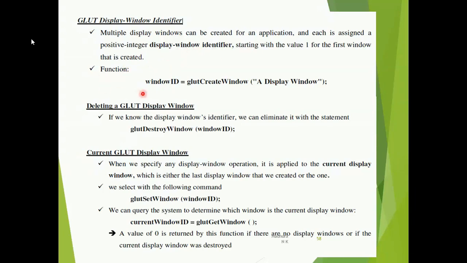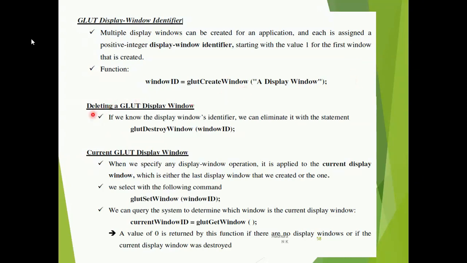That is the window ID here. It is used to identify which window you are currently using. It is equal to glutCreateWindow. Within the bracket you write the name or title of the particular window being displayed, and that is finally displayed whenever you call the current window.